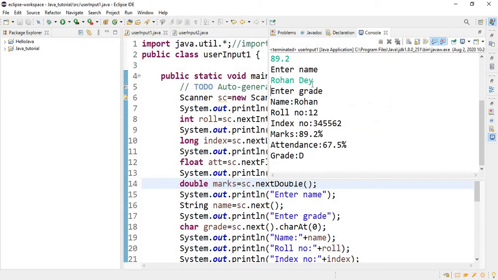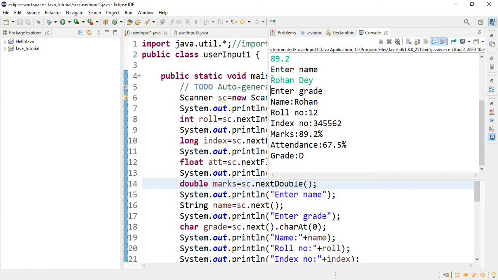So just after pressing the enter of Rohan De, it printed enter grade, but it did not wait for a character input, and it has printed the name as only Rohan. Why so? This is because if you remember, we had used the next function for string input. So the next function will take only the first word that is before this space as a string, and the cursor will wait here.